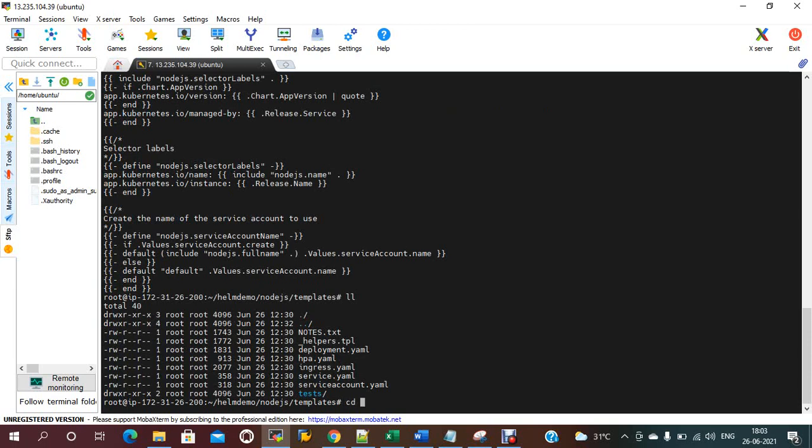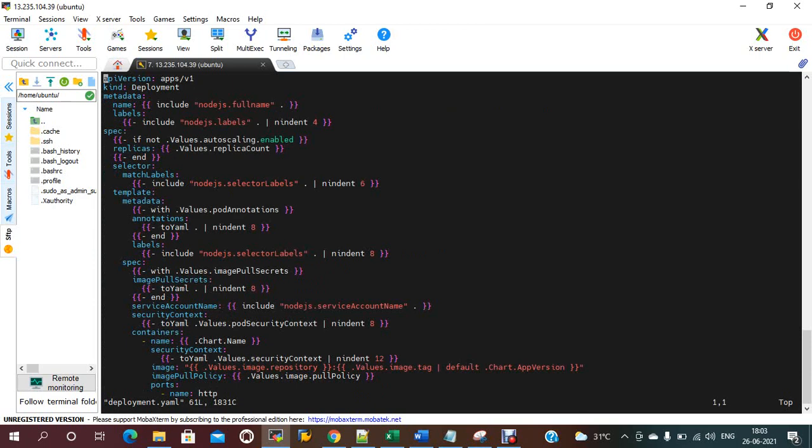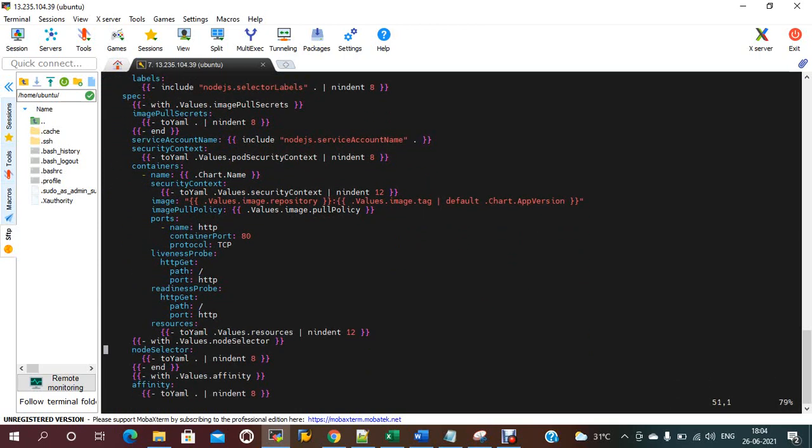Now if you go to the deployment.yaml file, here is the apiVersion, kind, metadata name, spec, and labels. Here I need to change the spec. I wanted to update the image name.